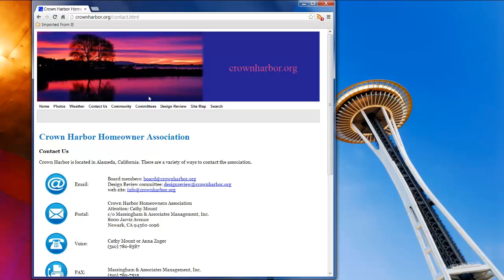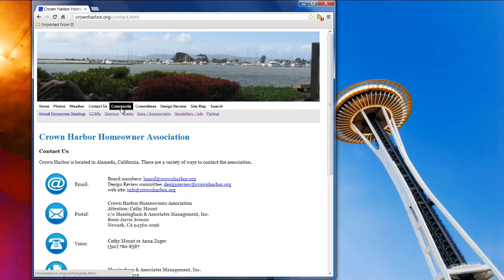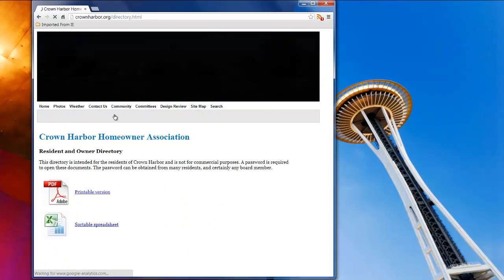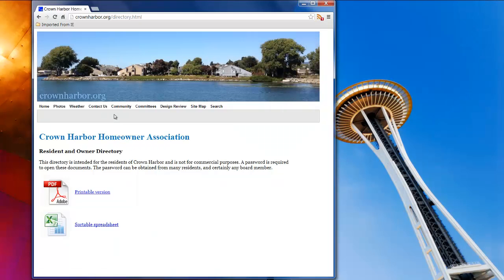Now for us, there's a community part. And you can scroll across these menu items and see what's available. There's certainly the annual homeowner meetings, our CC&Rs. There's our directory. Now, all of the information on our site is available to the public, whether you're a visitor